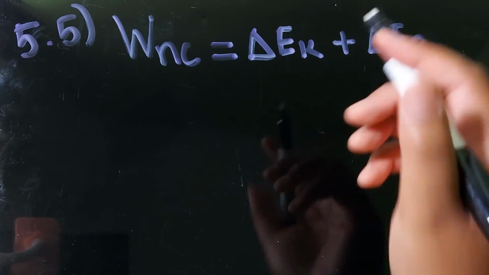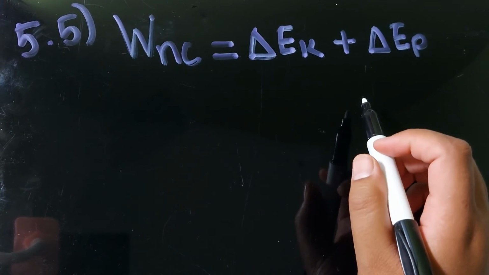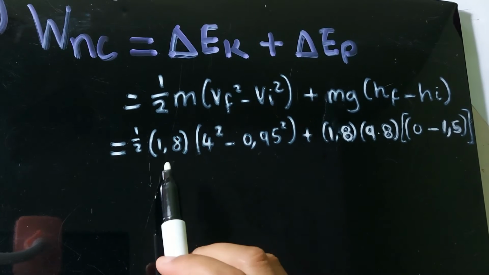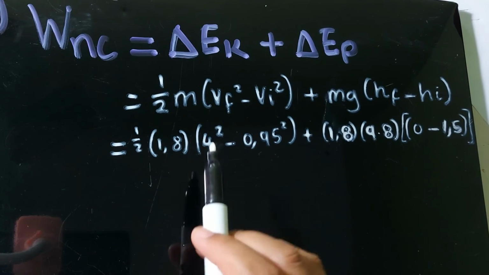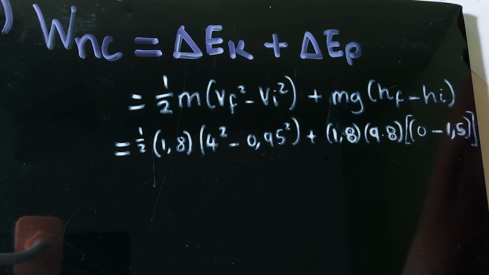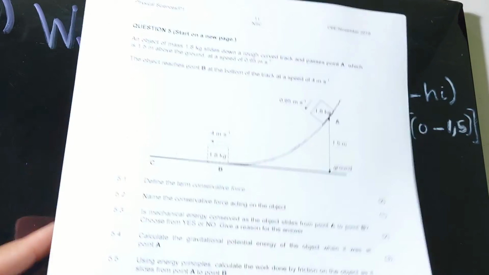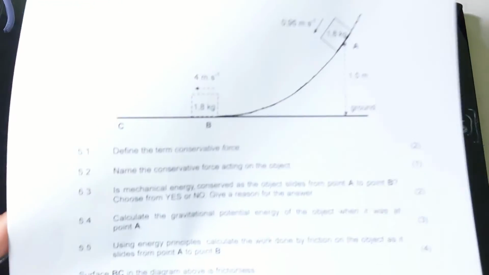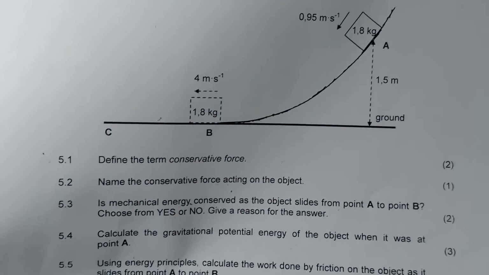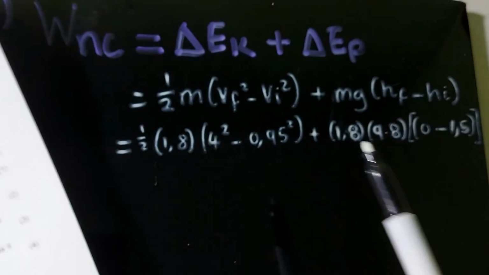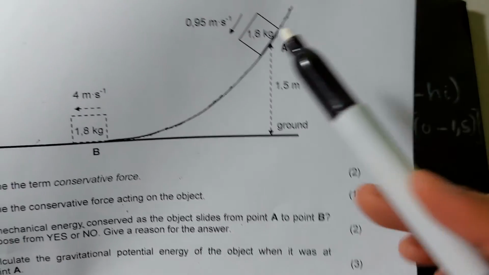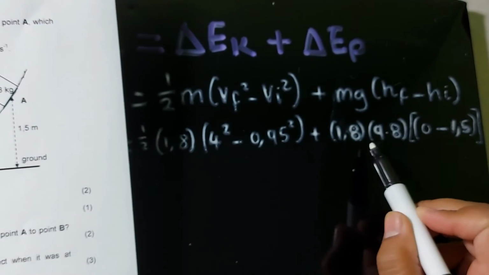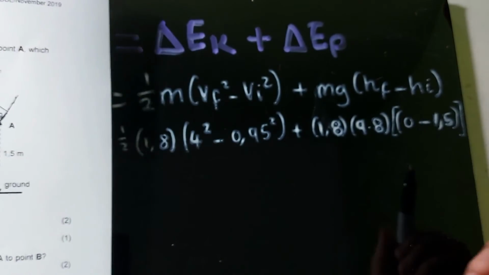So I'm going to substitute the values that I have into here. And I want to quickly discuss where we got them from. So 1.8 is the mass of the object. 4 meters per second is the value of the final velocity we were given. 0.95 is the value of the initial velocity we were given. Over here, we have those same values and obviously a gravitational constant. Then